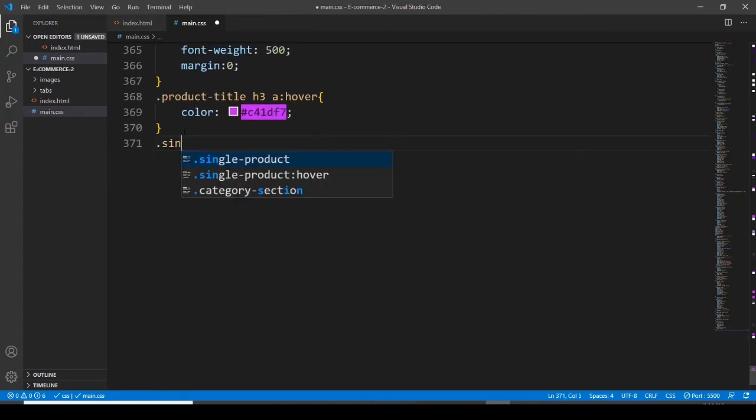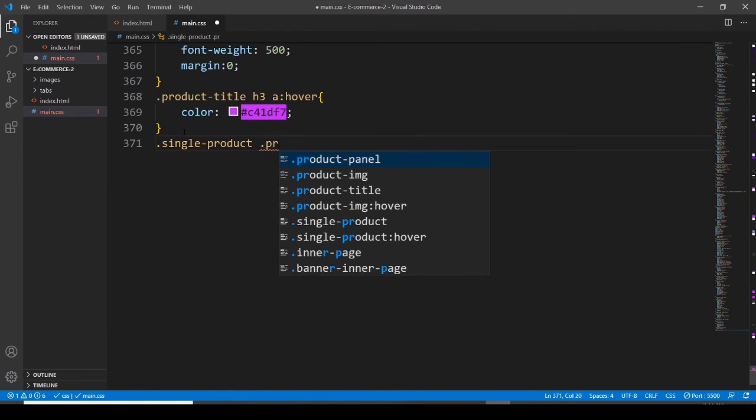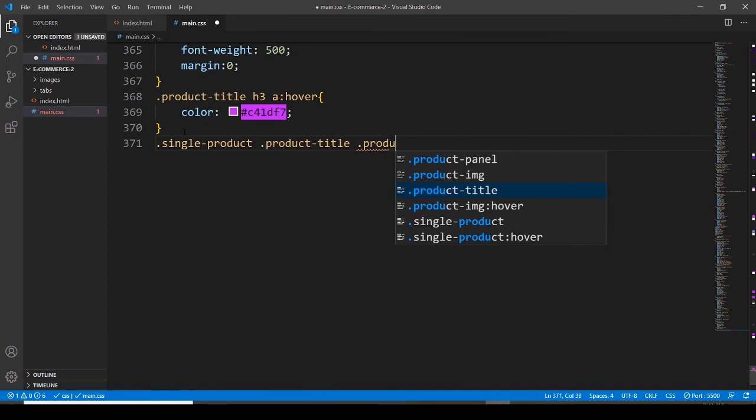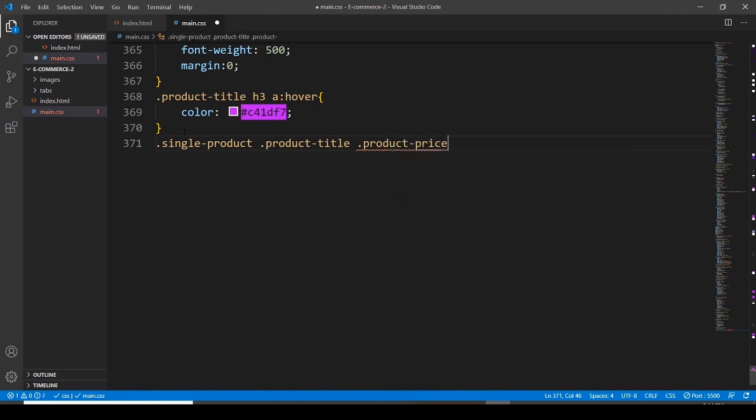Then I want to go with the single product class, product class with the product title, and then the product price. Okay, product price, and margin for this I want to go with 6 pixels, 0, 0, 0,